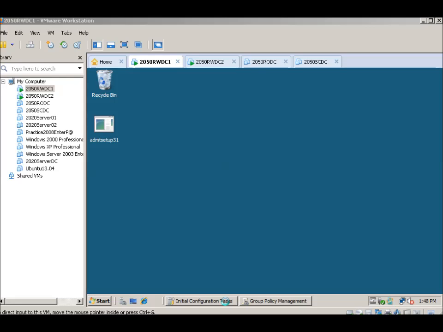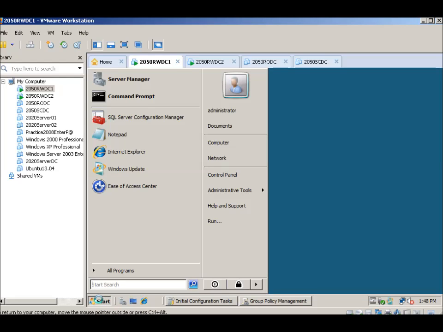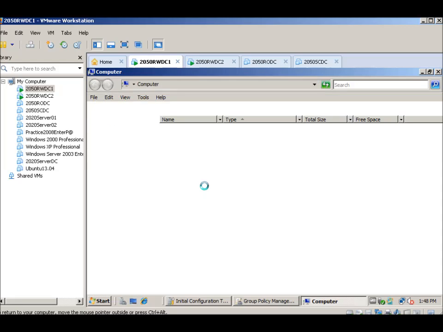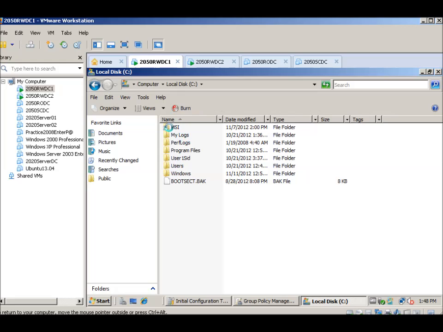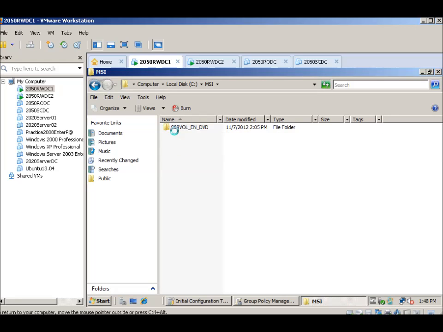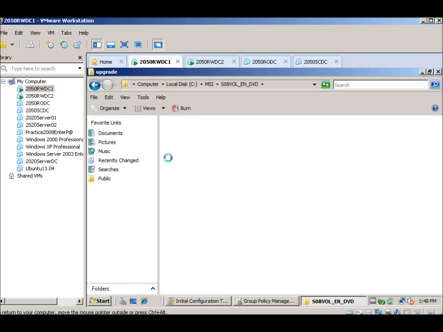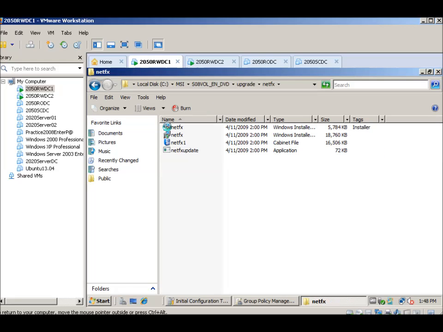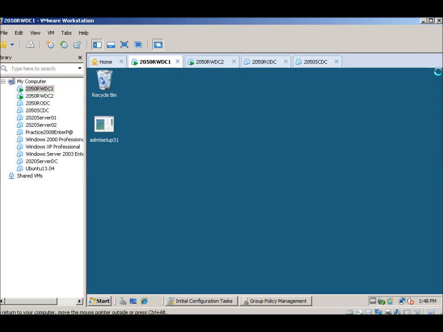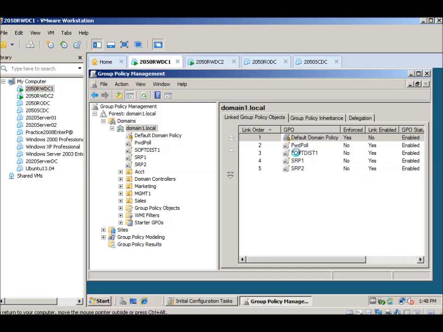So we'll begin with 9.1, and we'll do the A part. It wanted us to create a folder on the computer on the C drive as MSI, and it wanted us to put the Windows 8 Server DVD, and we'll be using this NetFX file, and then that was part A, and part B wanted us to create a GPO called software